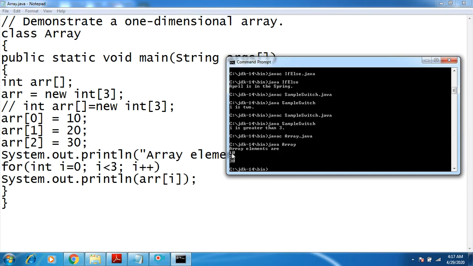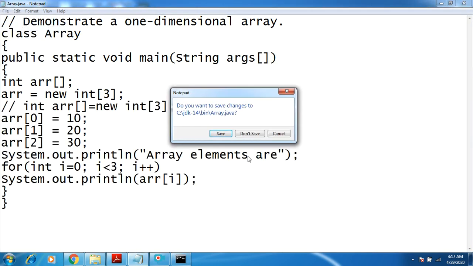If you see, the array elements are 10, 20, 30. Like that you can create a single-dimensional array and store the elements in it. So this is one. Now we'll go for the two-dimensional array.